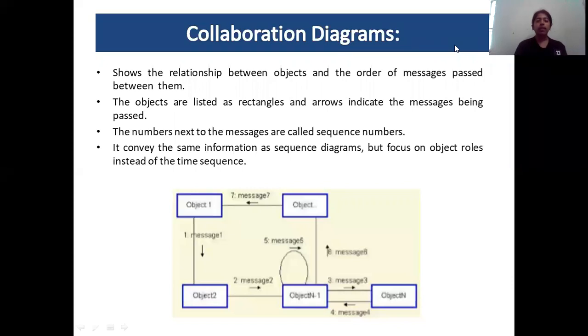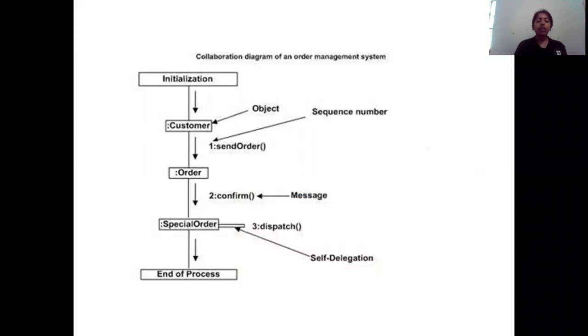The second interaction diagram is the collaboration diagram. It shows the object organization as shown in the given diagram. In the collaboration diagram, the method call sequence is indicated by a numbering technique. The numbering indicates how the methods are called one after another. We have taken the same order management system to describe the collaboration diagram. Here, the method calls are similar to those of a sequence diagram. However, the difference is that the sequence diagram does not describe the object organization, whereas the collaboration diagram shows the object organization.